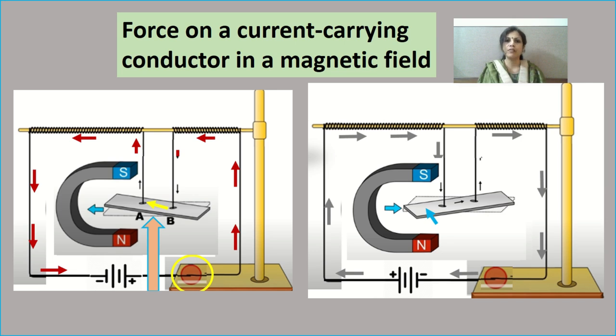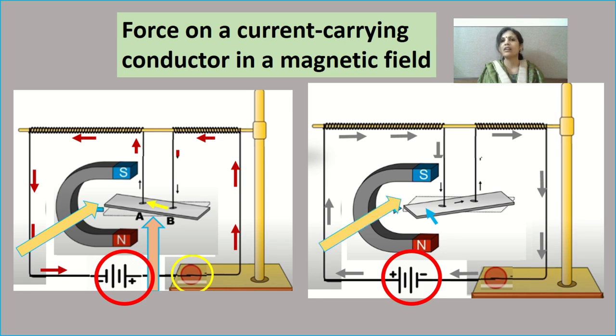See the polarity of the battery in the first figure and the polarity of the battery in the other figure. In both the figures, the polarity is exactly opposite, and therefore the force experienced by the conductor in every case is also different. So the force experienced by the conductor depends upon the direction in which the current is flowing